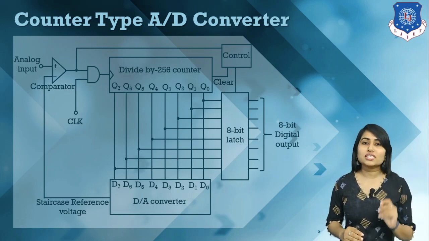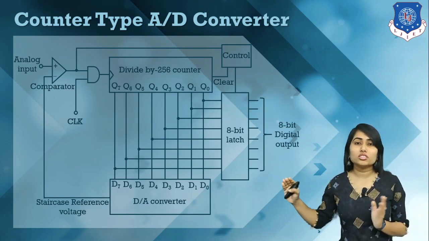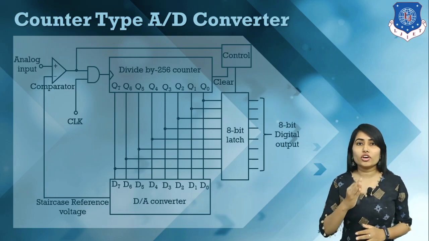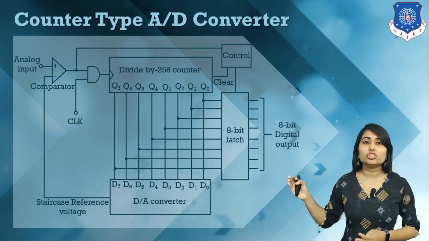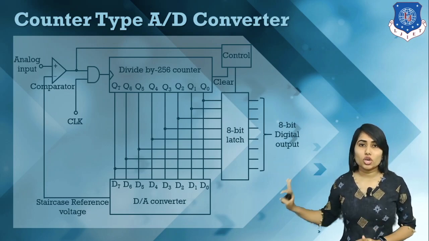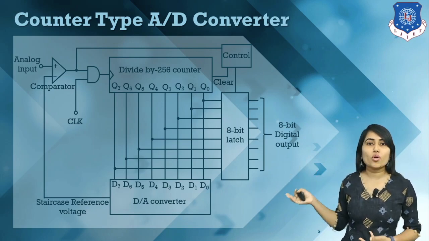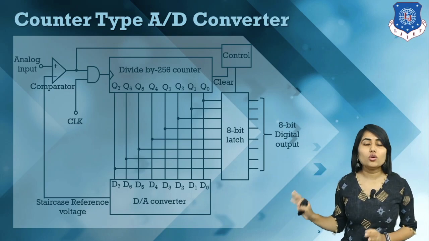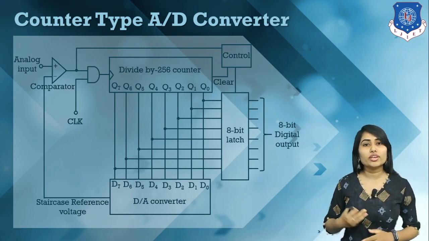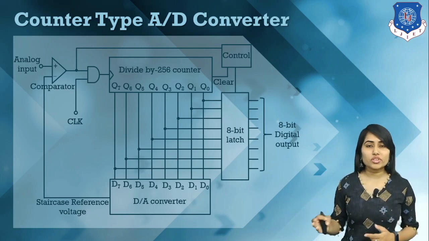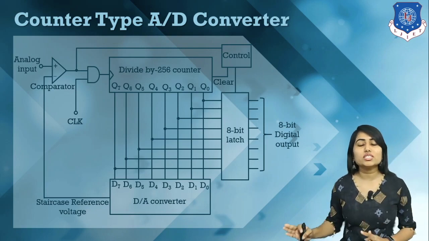So this can be calculated up to 9 volts, that means up to 1001, and for the next we have a 0. So we have the digital pattern 0 0 0 0 1 0 0 1. This value is stored into the 8 bit latch, and here we have our output. So this is how this counter type circuit works. If we have another input, the counter will start from reset, and this is how it converts our analog information into its digital form.